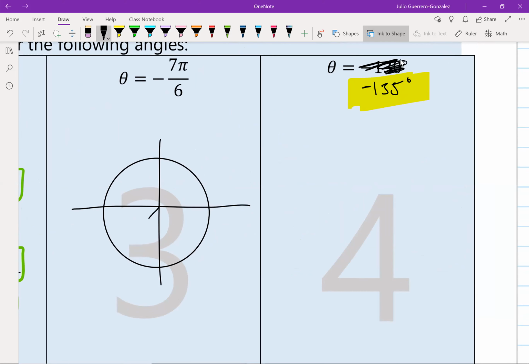-135 is somewhere over here. We have to go negative. The angle here is 45 degrees. So that means our corresponding reference angle that we're going to be using is the 45 degrees here. We know from the previous problem that this is